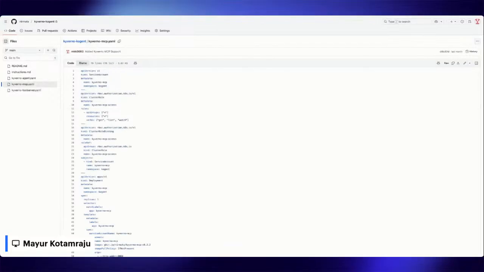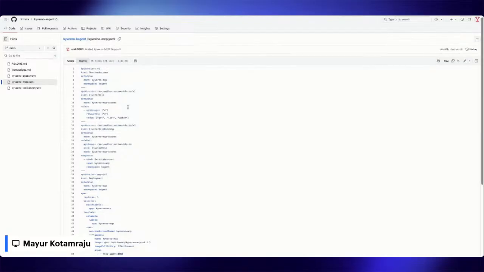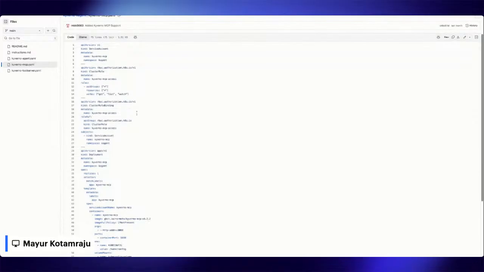If the tool server is the registration desk, the MCP deployment is, I would say, the workshop where work gets done. Here you can see that I have a service account and RBAC. When you're doing the policy scans, you want to give it some access to scan. In production, you can lock this down. In this case, I'm giving it read access for my cluster. Then we have the RBAC rules and the service account.